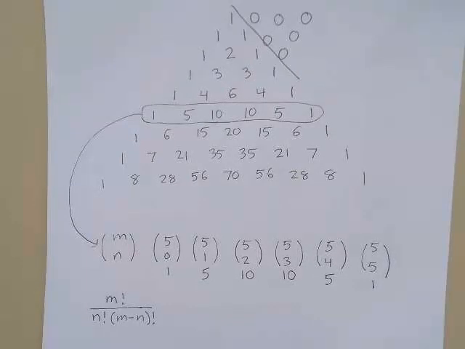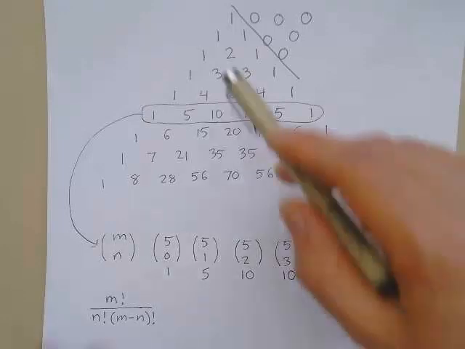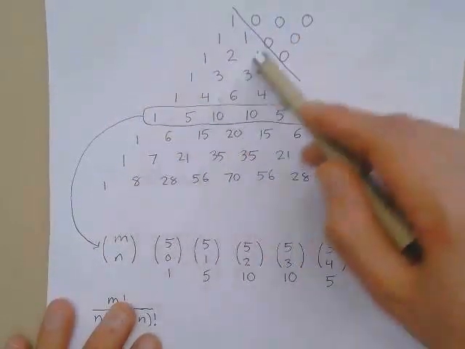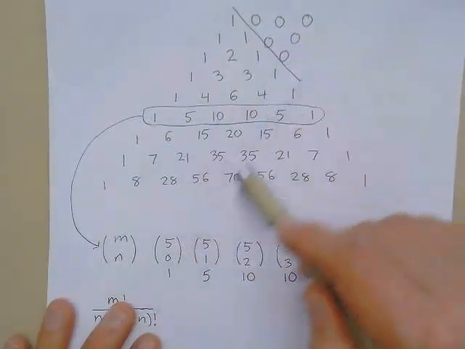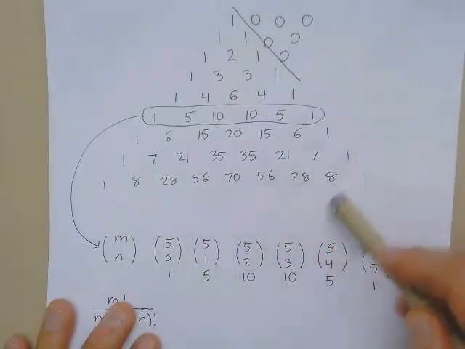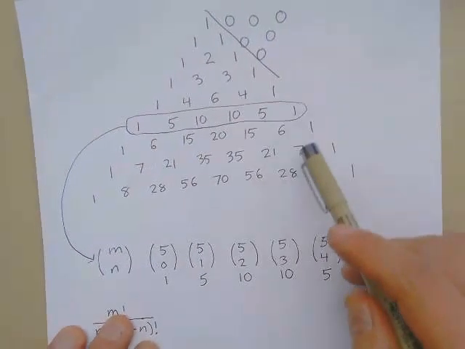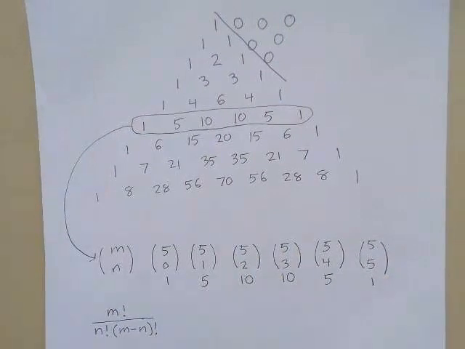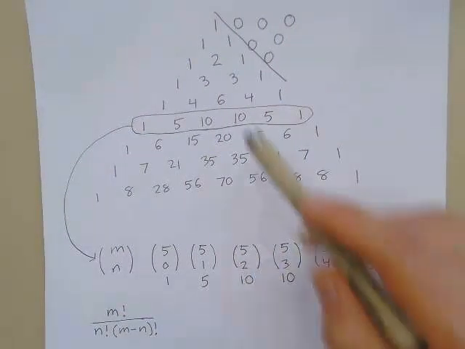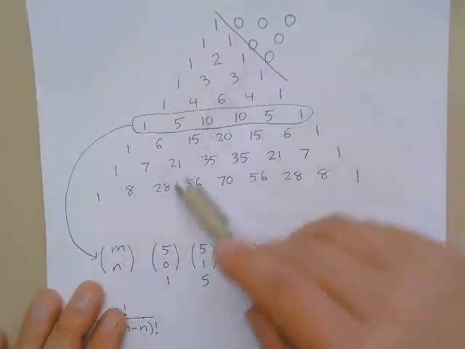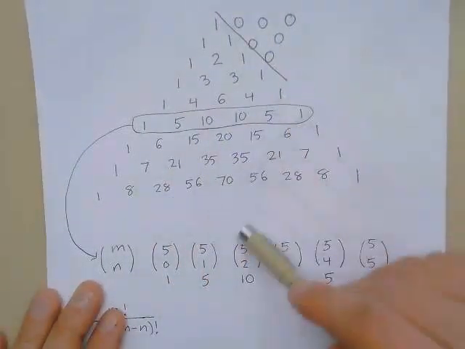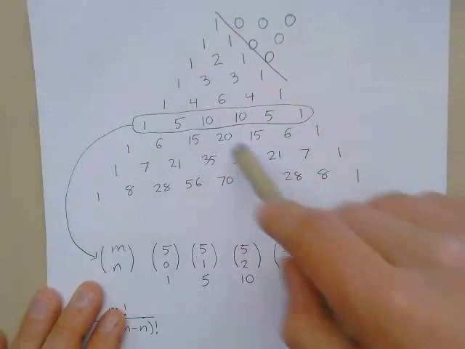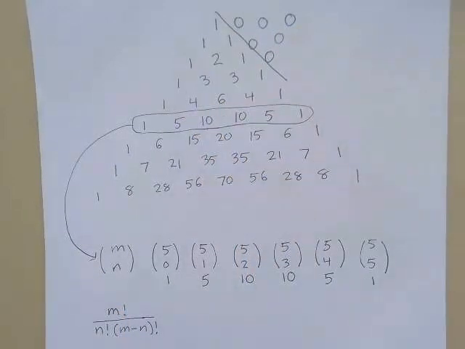I think it's also very interesting, for example, to look along the diagonals of Pascal's triangle this way. And I'm going to call these the columns, because we could actually set Pascal's triangle up as a right triangle and make these columns. So I'm going to call these the columns. And as I look at the columns of Pascal's triangle, which of course are symmetrical both directions, the first column